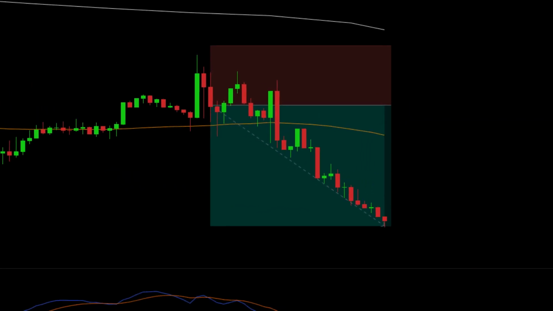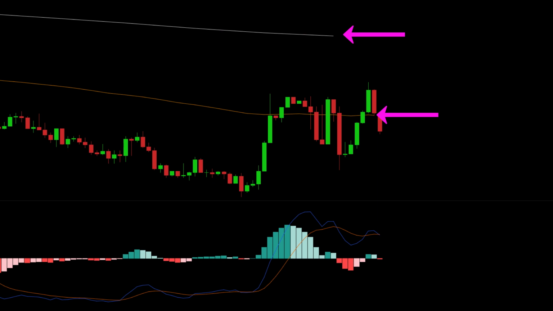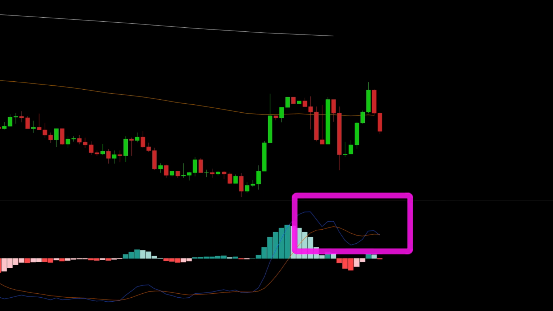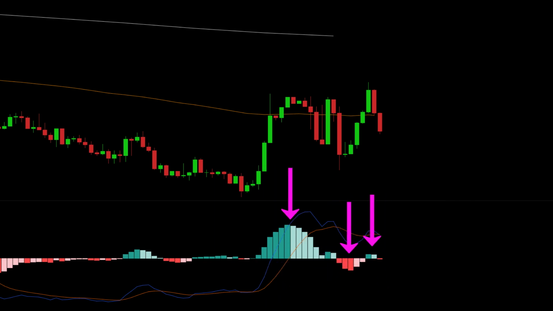I'm going to show you one more quick short example. The 15-minute EMA is under the hour EMA. We have bearish divergence on the MACD. The MACD line does not touch the zero line between the divergent peaks. There is a gap in the histogram. And finally, we get a cross down of the MACD.